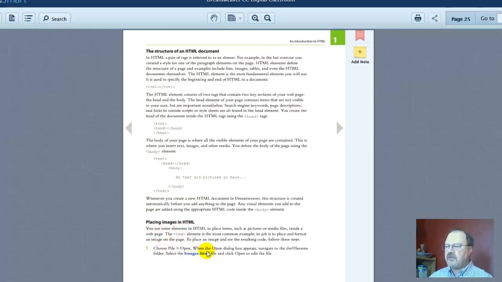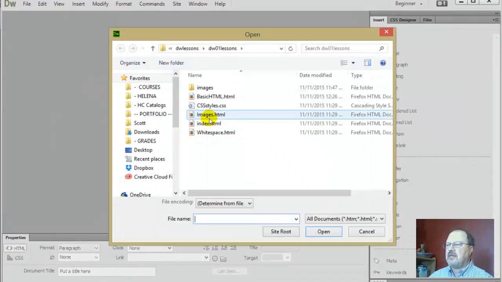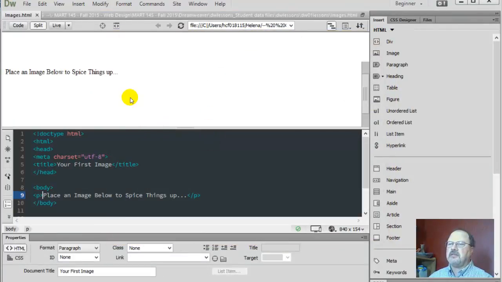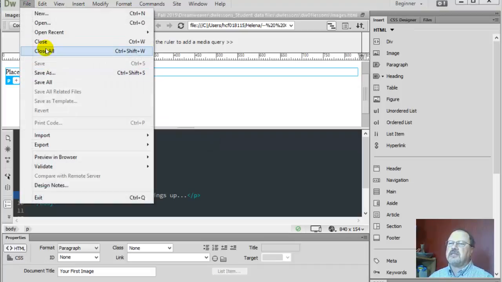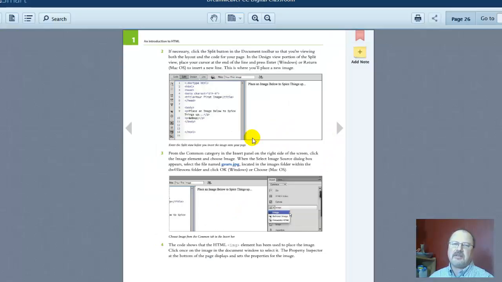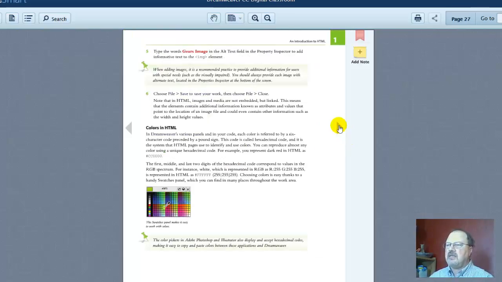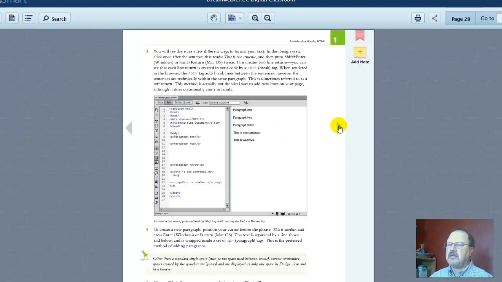Choose File and Open, and this time open the Images HTML file. File, Open, Images HTML. Okay, we'll close this at this point in time. That's how this text works. Those are the mini lessons, if you will. Some will be larger lessons, some will be smaller lessons. Just follow the steps 2, 3, 4, and so on throughout the entire lesson,